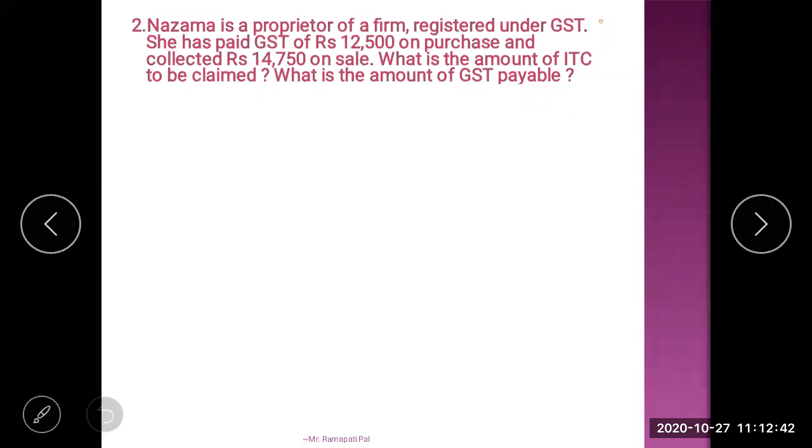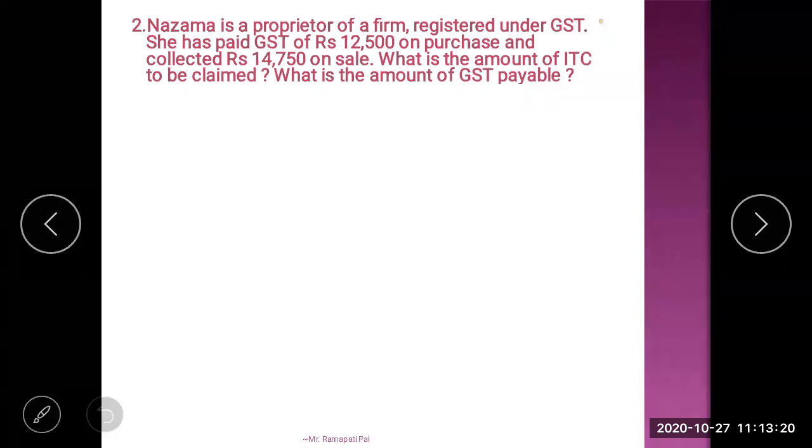Sameer, you have to give the answer only one time, beta. Okay. And fast. Other students also try. The question is on your screen. Input tax is on your screen. Output tax is on your screen. So you just have to use the formula: GST payable is equal to output tax minus input tax. I'm saying, you have to substitute the values and subtract.